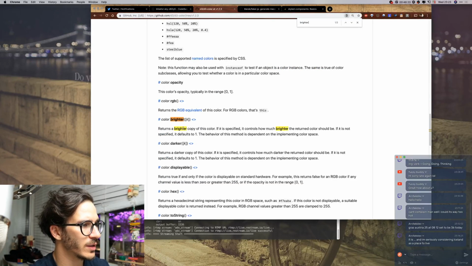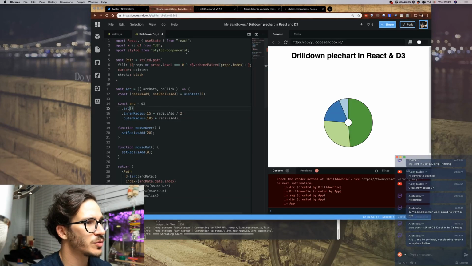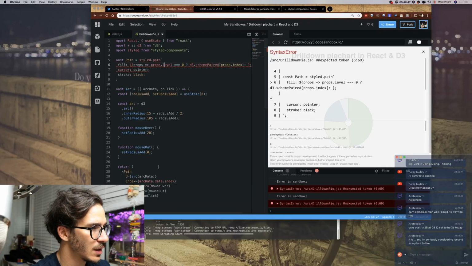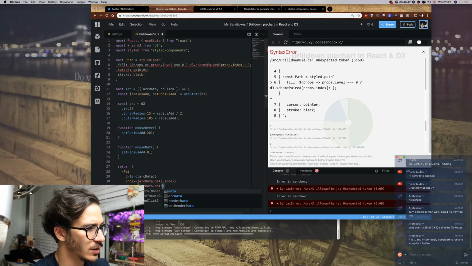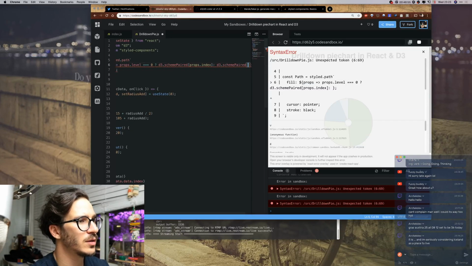Perfect. So it has a brighter and a darker and a displayable. Returns a brighter copy of this color. If k is specified, it controls how much brighter the returned color should be. Perfect. So we're going to use brighter colors. Let's pass the level in here as well, argdata.data.level, and we say props index, otherwise it's d3 scheme paired of